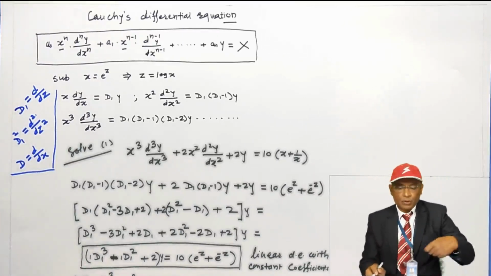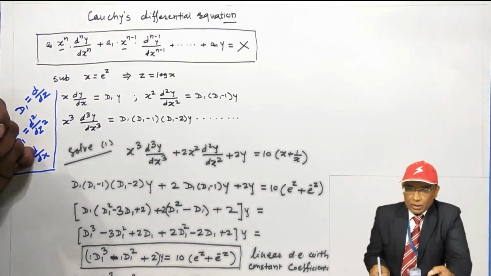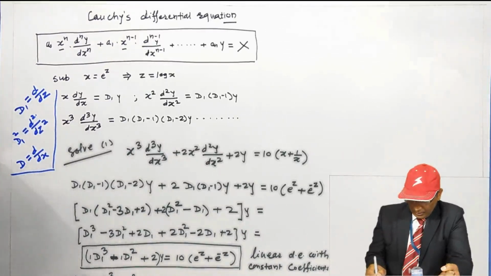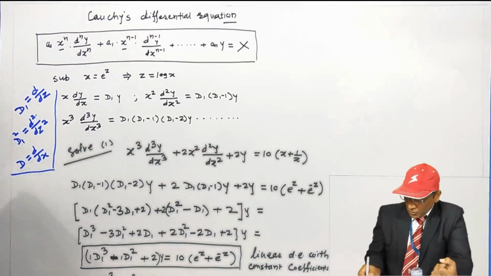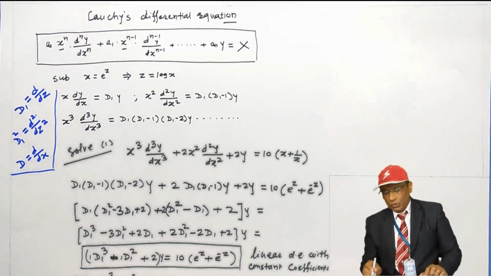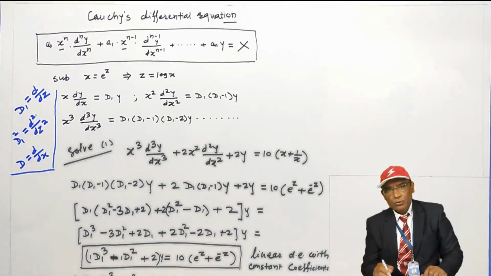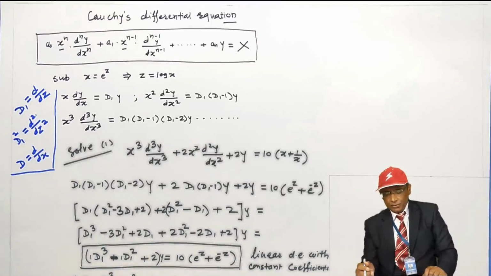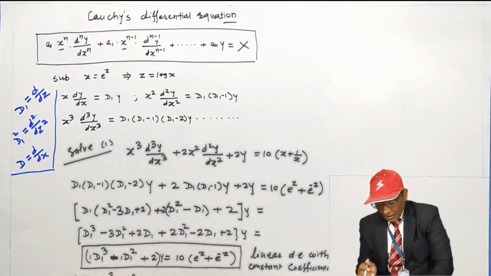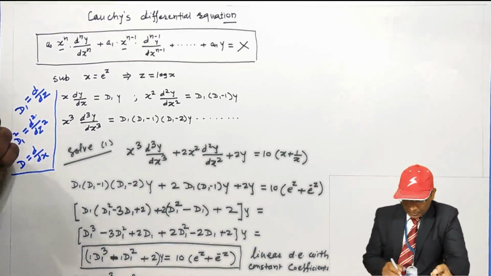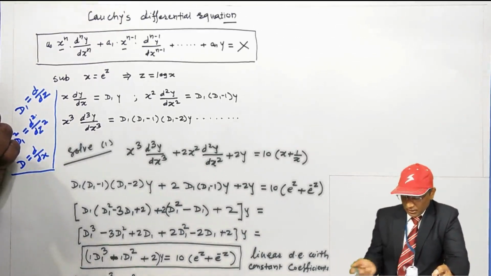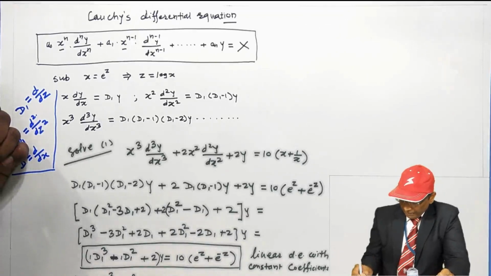Now use a calculator and get the value. The values of d are minus 1 and minus 1 plus minus i. Use a calculator and get the values, or you can do it manually also, but it requires time. I would always recommend you to use a calculator. D1 cube, this is -1 and this is -1, like this. Okay, 3 values of D.